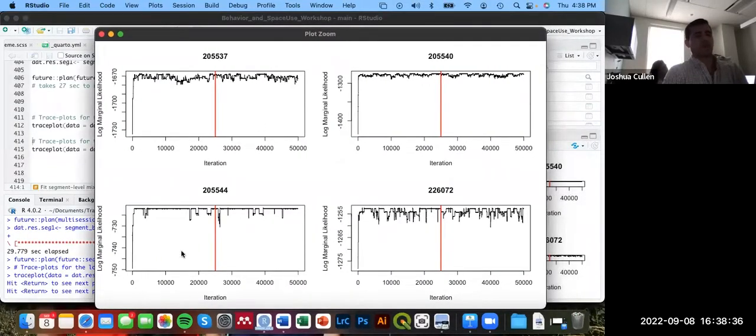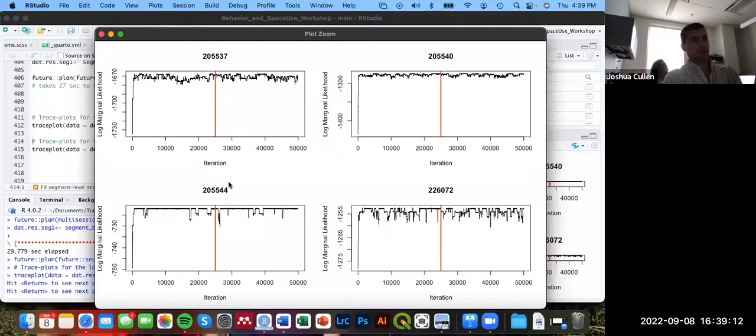And it's important to pay attention to the scale on the y-axis here. So the x-axis is the iteration number. The vertical red line is kind of our index for the burn-in period. So we want everything to the right of that to be relatively flat and looking like a fuzzy caterpillar, which isn't always the case for a trace plot of likelihoods. But we see that the scale here is relatively small. So this whole range is like 60. So if you were to increase this to like 1,000, this would essentially look flat here,